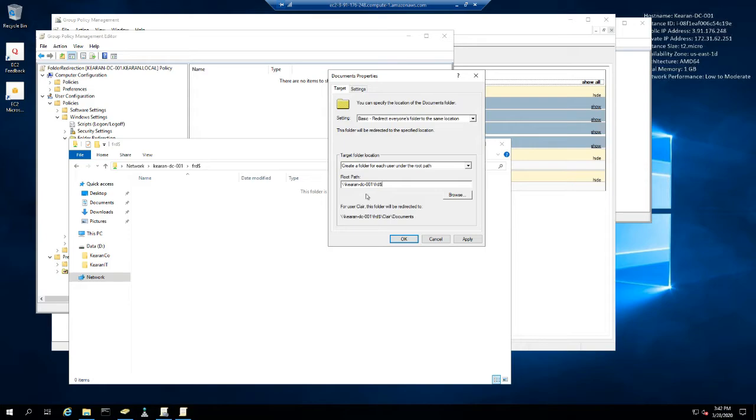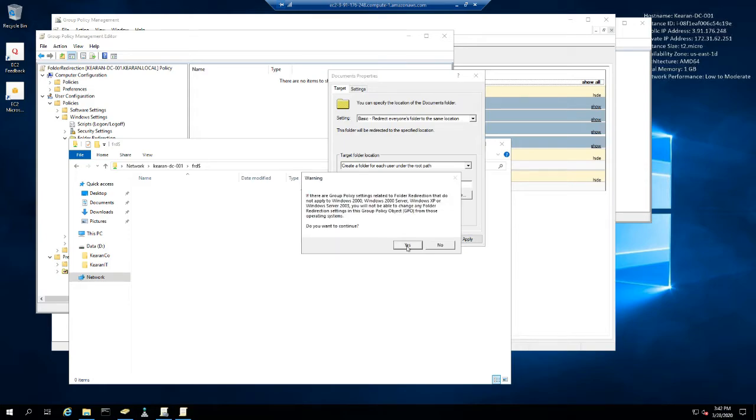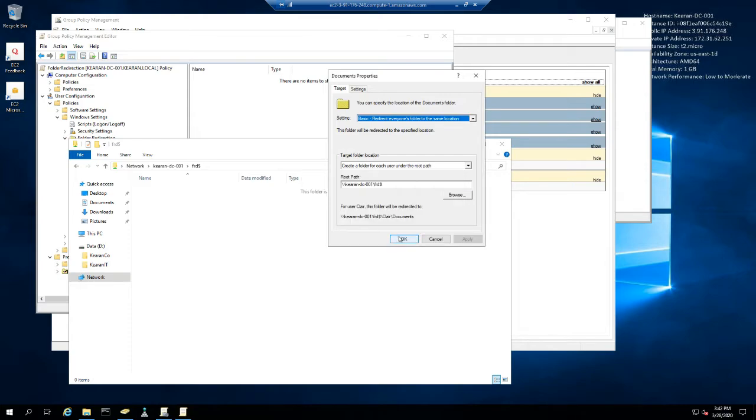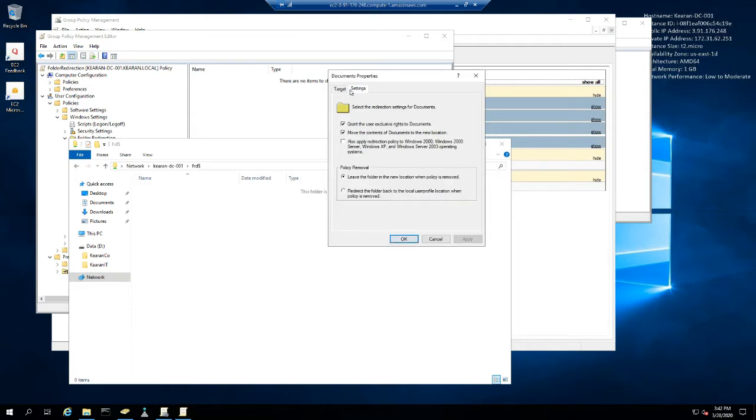And everyone has FRD. And when we hit apply here, it does absolutely nothing. We have some options here in the settings that we're going to want to look at. Do we want the user to have exclusive rights to the documents folder? That means domain administrators can't get to it,